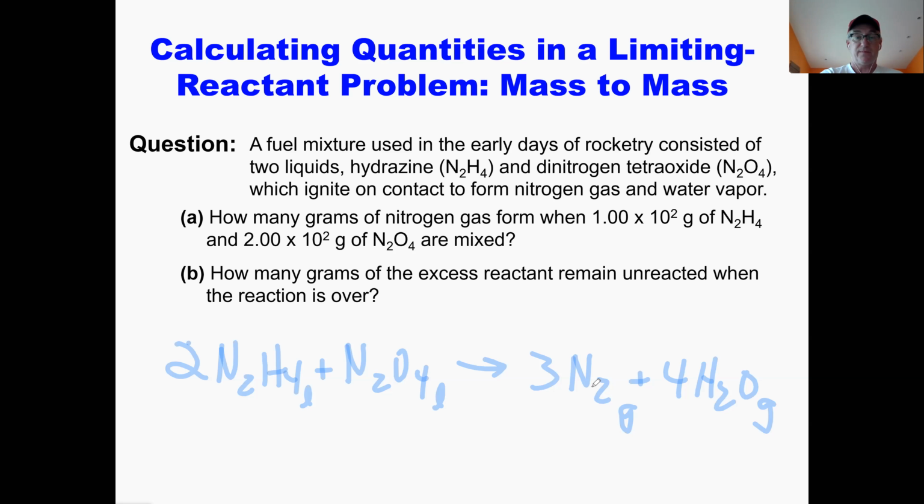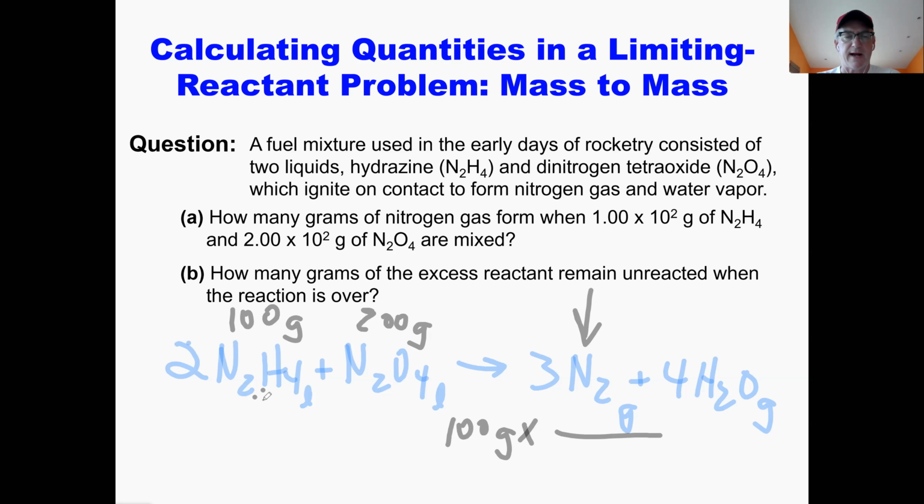So how many moles of hydrazine do we have here? So N2H4, how many moles of hydrazine do we have? How do we figure that out? So we have 100 grams times something. What are we going to multiply that by to give us moles? The molar mass. So what do we do with the molar mass? We definitely need the molar mass. You're absolutely right. But what do we do with it? We're gonna put 100 grams times 1 gram over the molar mass of